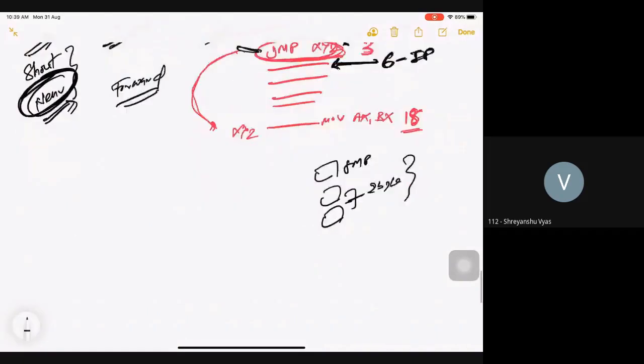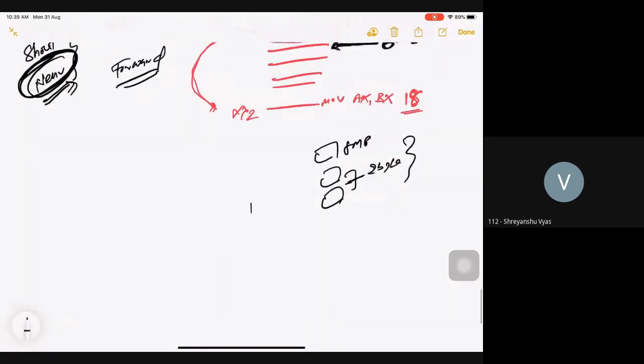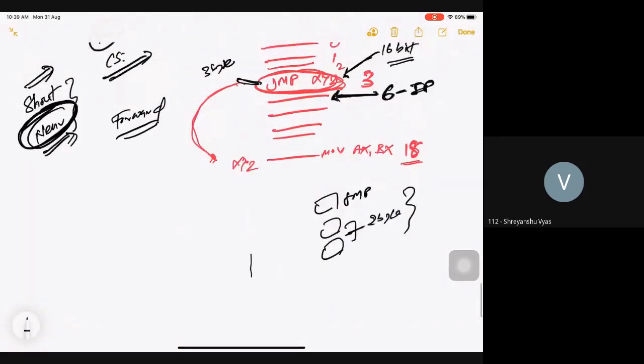Okay, so now suppose, as we are discussing, if it is a forward jump, then your assembler comes here. Now here it will get to know that I need to jump. Now if it is a jump instruction, to be on the safer side, it is always considered as a near jump, right? So it always occupies 16 bits instead of 8 bits. Though it is a short jump and I only require 8 bits, still, to be on the safer side, it will occupy 16 bits, right?